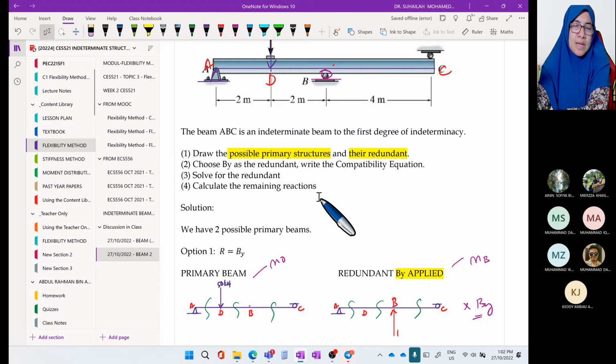So that next week we focus on exercises only, exercises with one redundant and two redundants. We still have a lot to look at: the support settlement effect, then we move to frames and trusses. For trusses there are two more effects, temperature changes as well as fabrication error. We try to finish within 5 weeks, so that we start week number 6 with a new chapter. So that's all for this